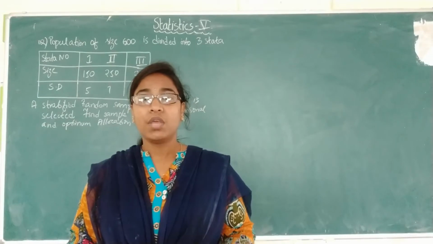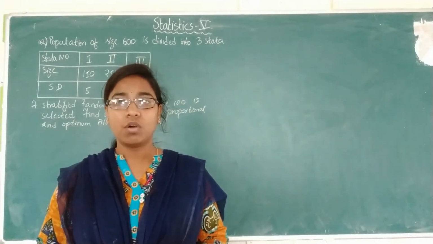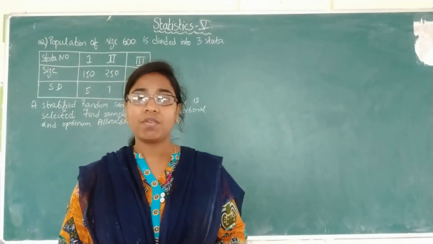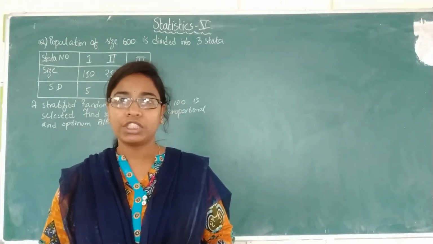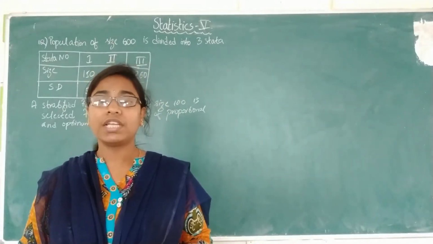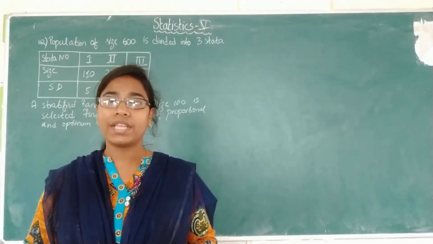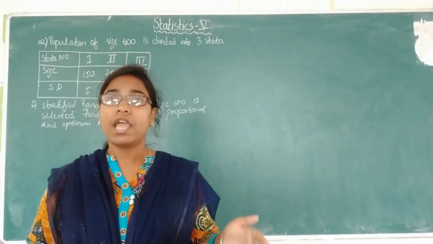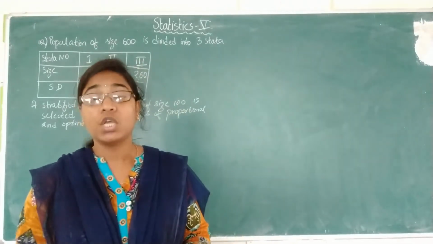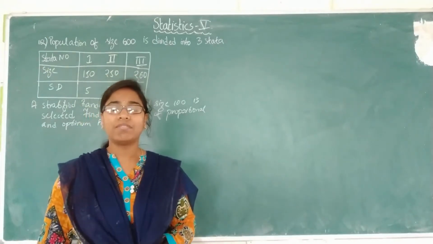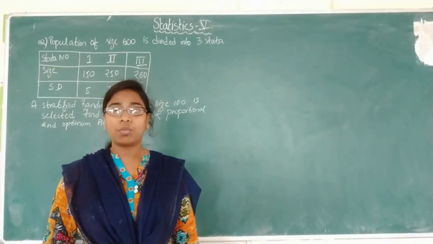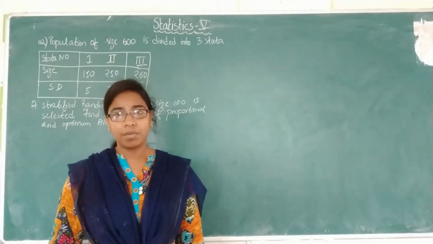In the first case, we will compare the variance of simple random sampling with the proportional allocation, and in the second case we will compare the proportional allocation and optimum allocation variances. So we will get a condition that simple random sampling will have more variance than the proportional allocation, and proportional allocation will have more variance than the optimum allocation. So optimum allocation will always have the least variance, that is, it is more efficient compared to proportional allocation and simple random sampling.